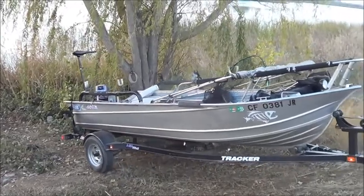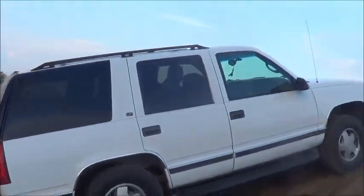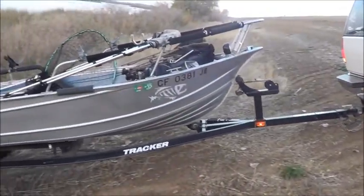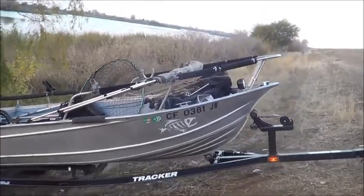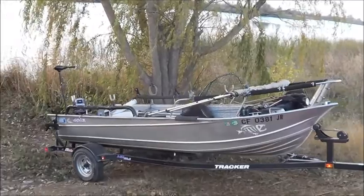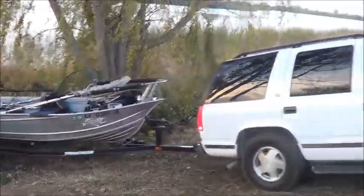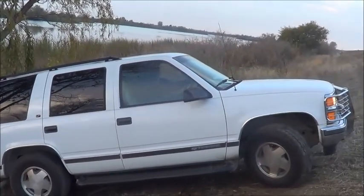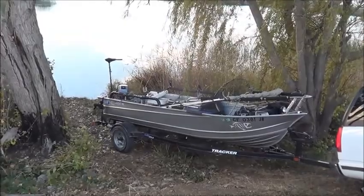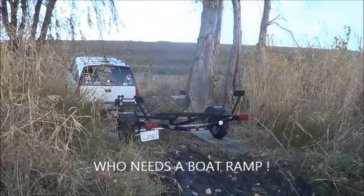Okay, stop! Stop! Okay, gotta make sure it's nice and even now when you go down. Okay, real close. Alright. Okay, that's good. Stop. Now we're gonna unstrap it, push it right into the water. Okay, we've launched a boat,